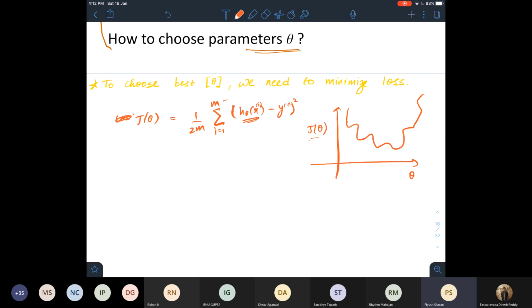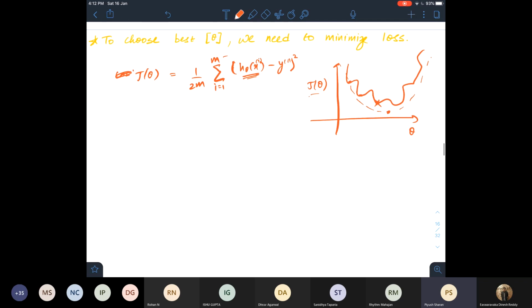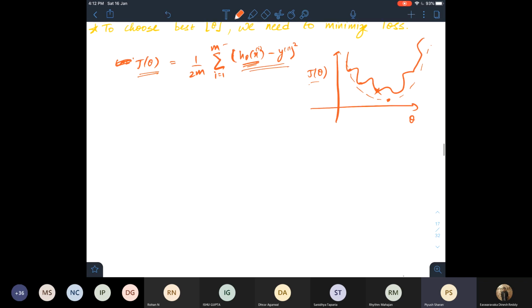What was a convex function again? A convex function had just one minima, right? So this one might have a lot of minimas. And if we were to use gradient descent on it, we would end up at a local minima and not the global one. I mean, the best fitting decision boundary, we wouldn't get that. So now we need to change our cost function, because we can't always use this.